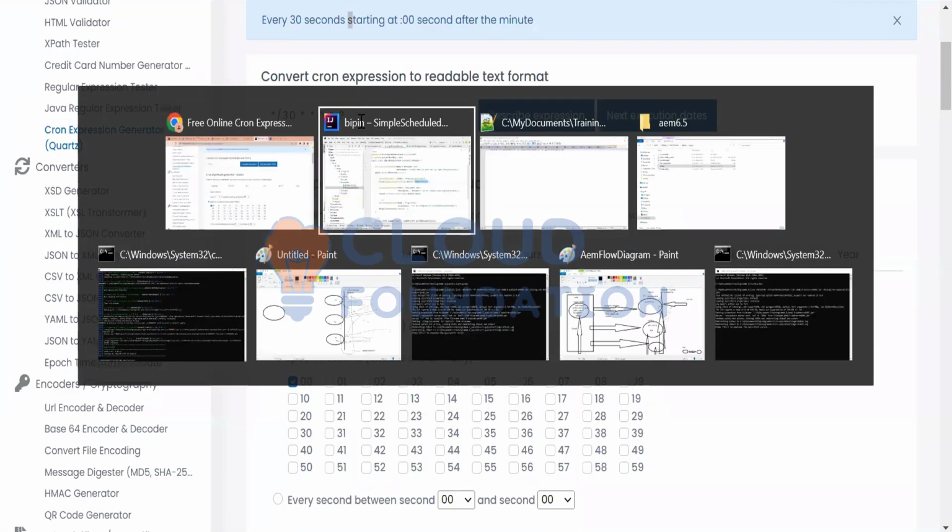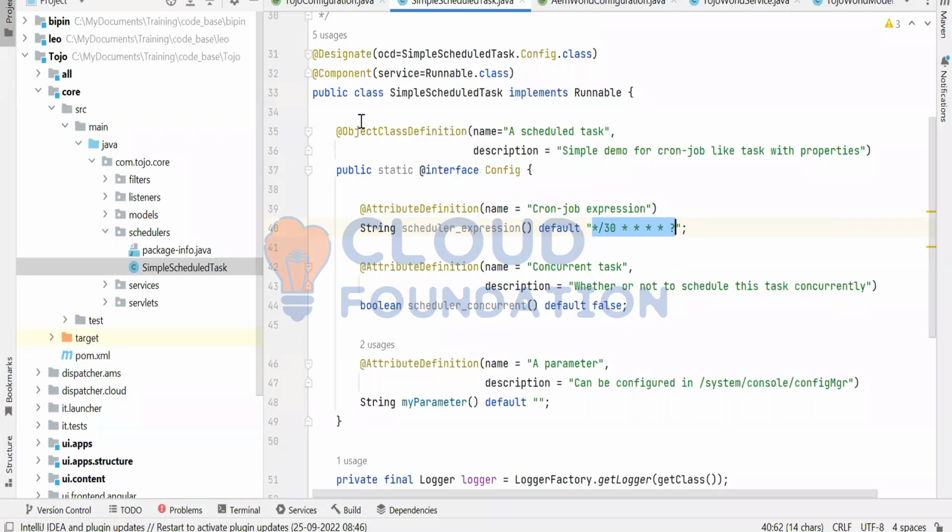Our schedulers understand and obey the cron expression. On the basis of this cron expression, this Java file will be executed